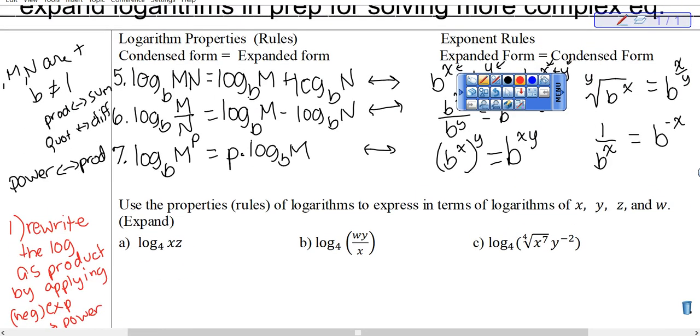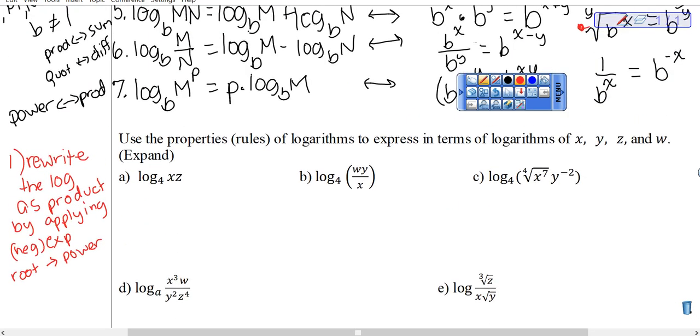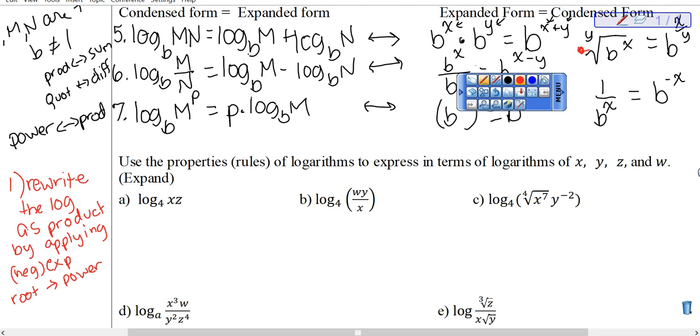So when I say that, I'm talking about this rule right here. Changing this root to a rational exponent, a rational power. Okay. All right. And then after we do that, step 2,